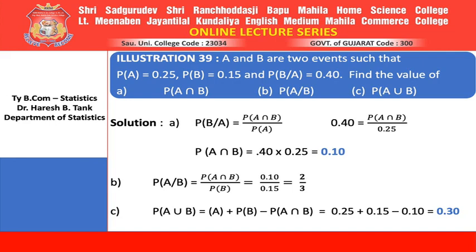The third thing which they ask about is probability of A union B. By addition formula, it is probability of A plus probability of B minus probability of A intersection B. All these three probabilities are with you, 0.25, 0.15 and 0.10. Put it in the formula, simplify it, you will get the answer, which is 0.30. It is that simple. They may give you certain probabilities and naturally by using them they may ask the fourth component. That's it. One more example.